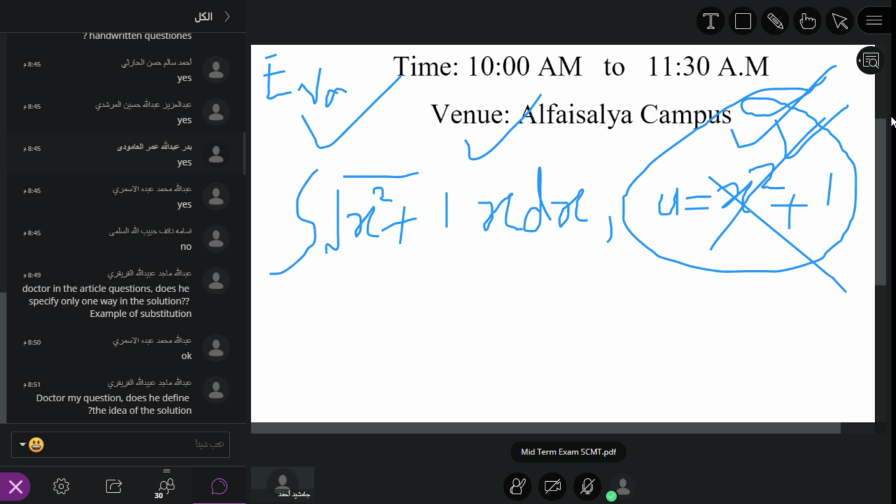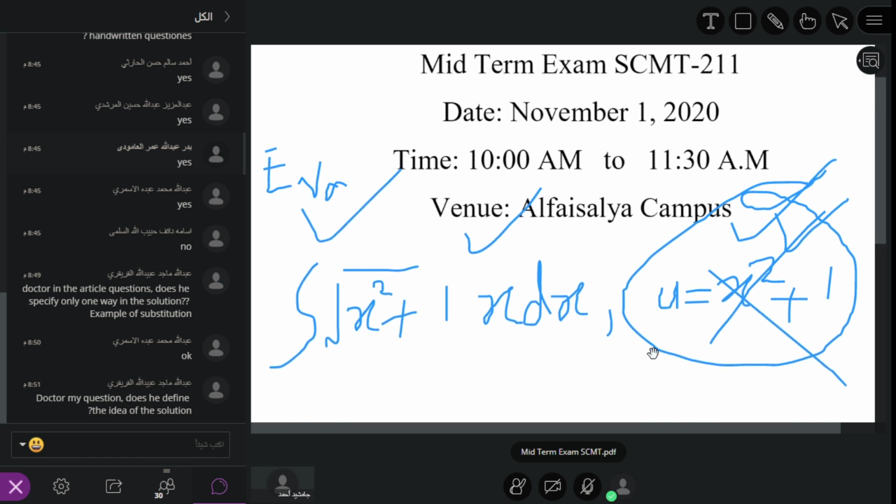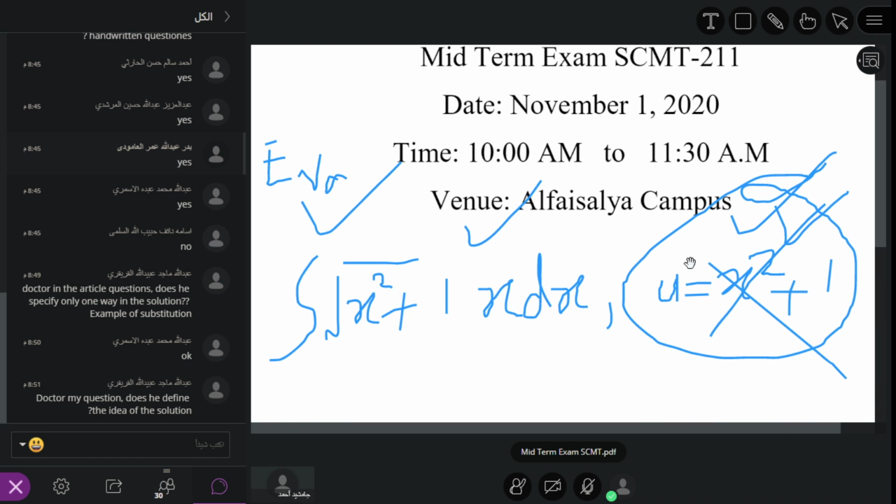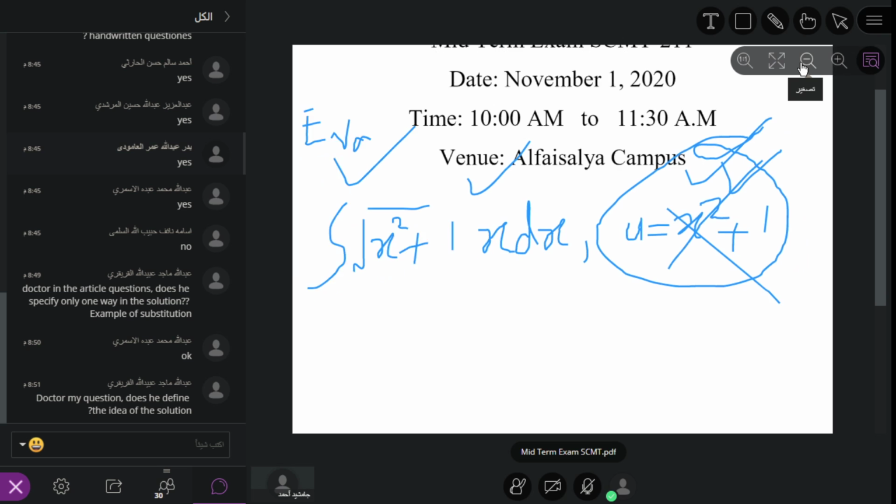If we have a function, if we have a limit, and we get 1 power infinity, 0 power 0, or infinity power 0, you must have an idea how we can solve this. If two functions are given, you have to equate the functions, then whichever function has greater value, you will put first and the second function after. This is the idea. If we have the substitution method, like the square root of x square plus 1, here you just put u is equal to x square plus 1. So this is the idea. Do you need more ideas?